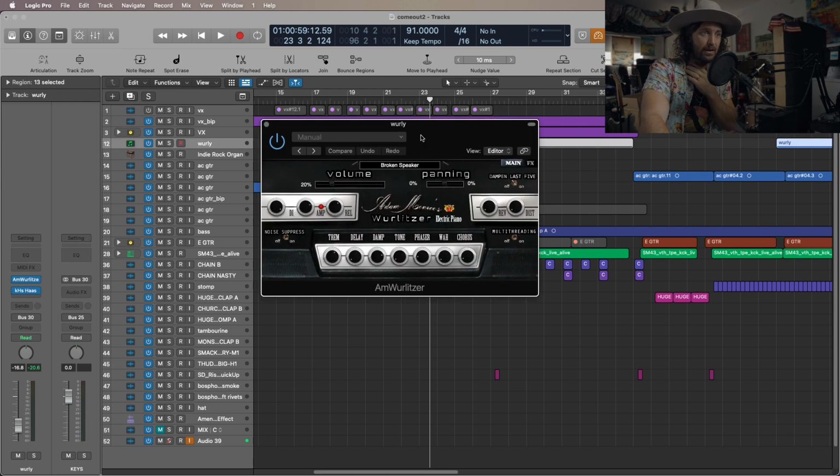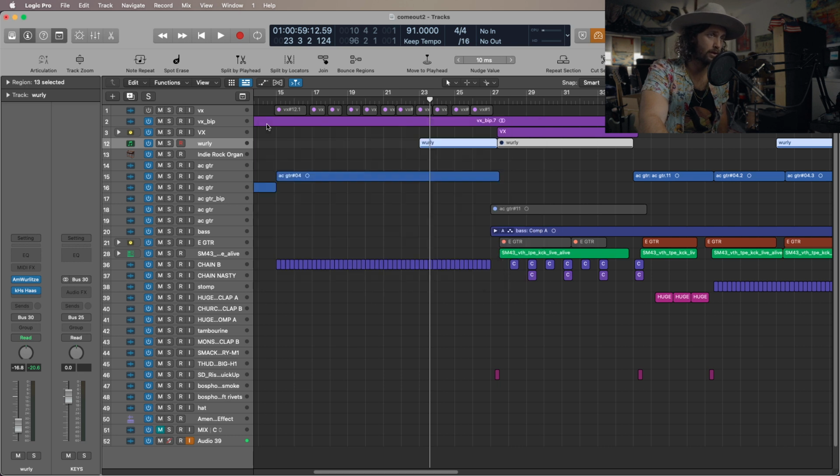It's real cheap. It's like $25. This guy, Adam Monroe, he makes a bunch of plugins. This one models a Wurlitzer, which is an old vintage electric piano that has just the coolest sound. It's probably one of my favorite instruments on the planet. Just has this cool vibe, and it's hard to find ones that model it well, and this is one that